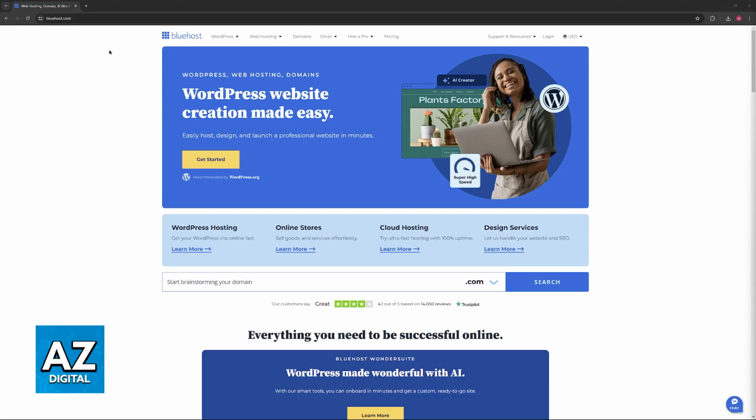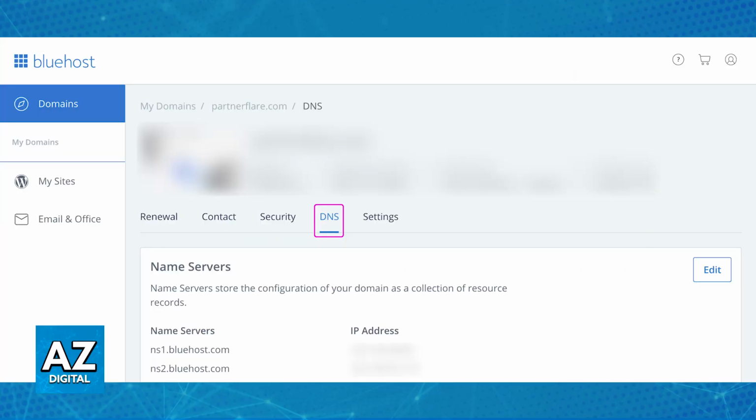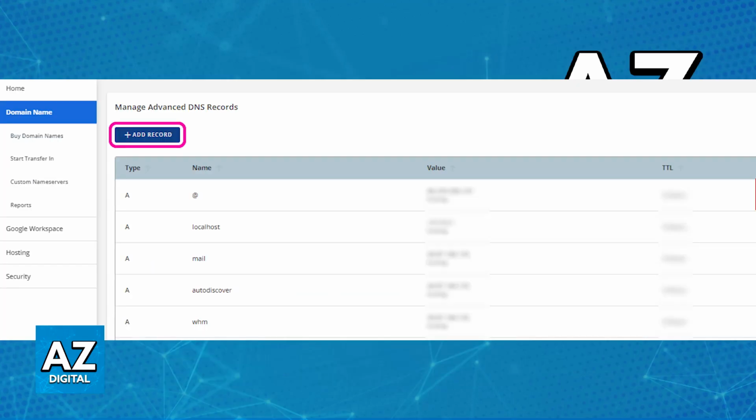So all that you have to do is go over to bluehost.com, sign into your account, and once you are properly signed into your account where you can access your dashboard and see all of the domains that you own, all that you have to do is click Manage on the specific domain that you would like to configure. Now, once you access the domain settings, look for the DNS section. Usually, it is going to be accessed by selecting the option at the left side of the screen, but regardless, just scroll down and find the Advanced DNS Records.